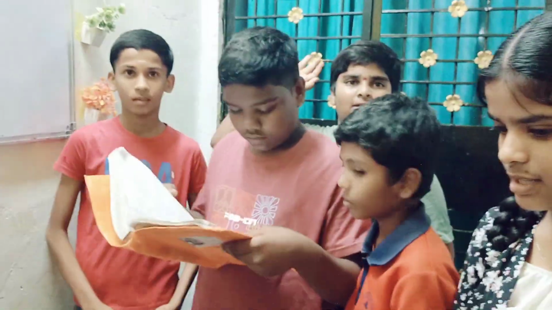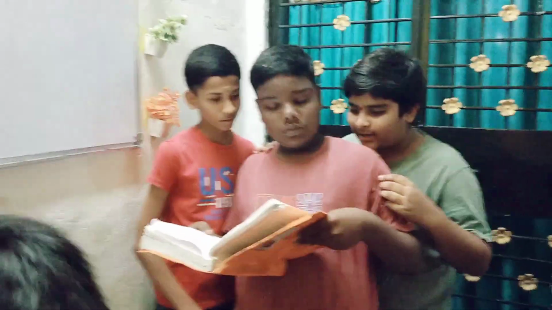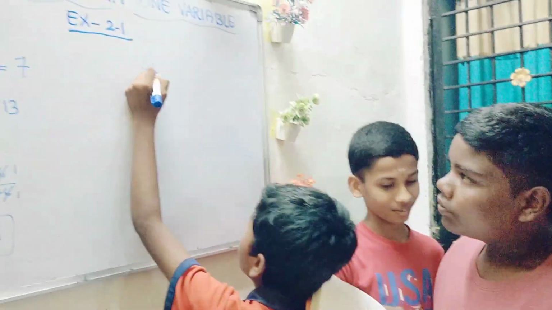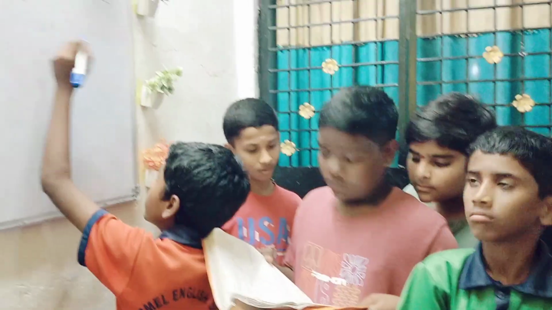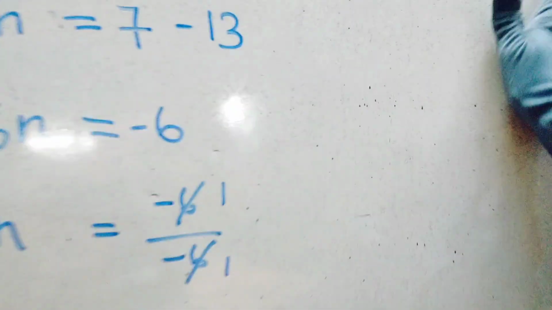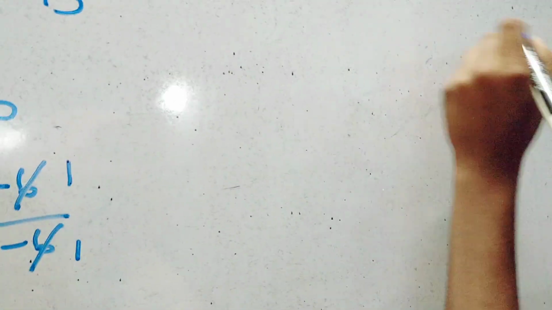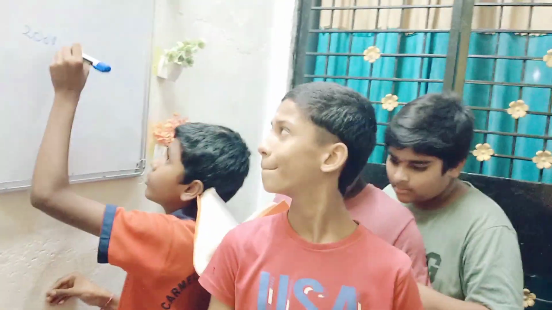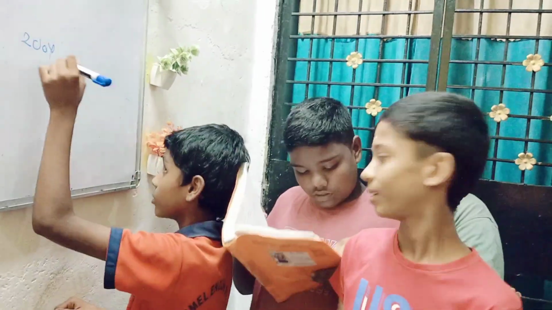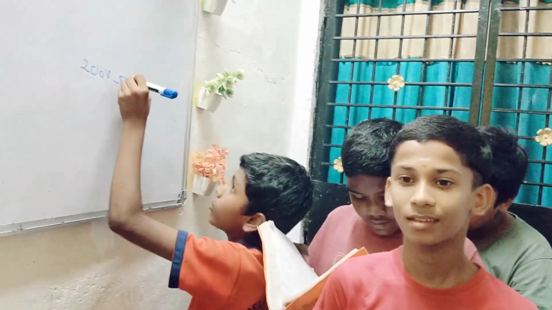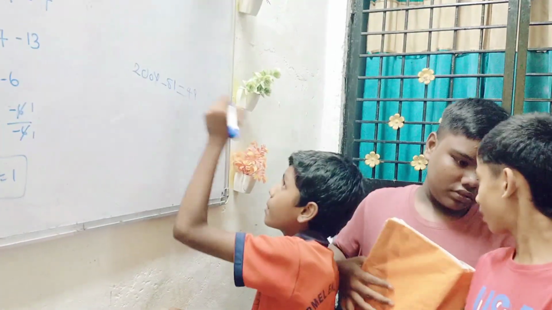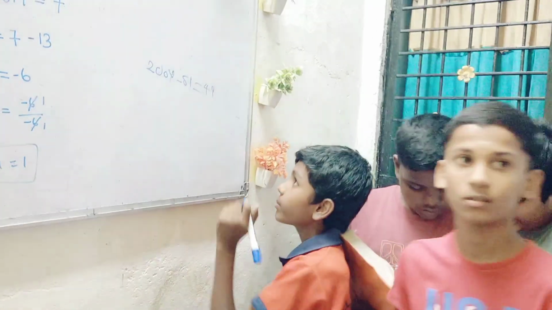Okay. Next, Haricharan. Come on, do it. Let Haricharan do it. Please dictate the equation. 200y minus 51. Write it a little dark. Otherwise, you do it from here and hold it like this. Yes. Come on. Dictate. 200y minus 51 is equal to 49. Write it neatly, kid. You're a left-hander.